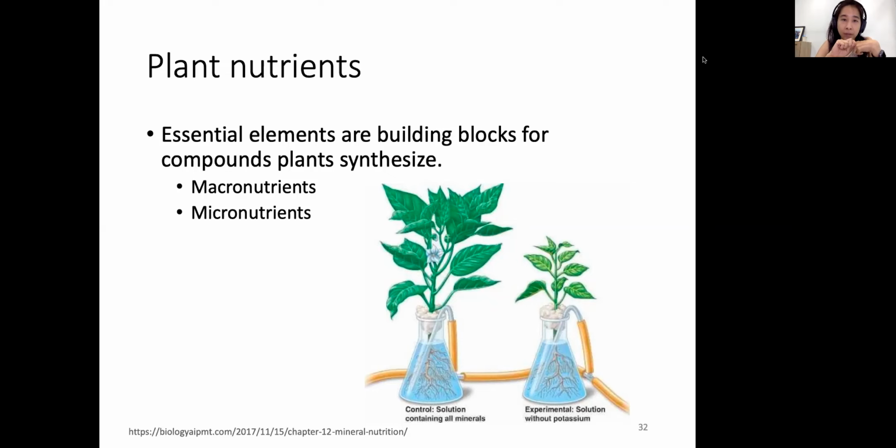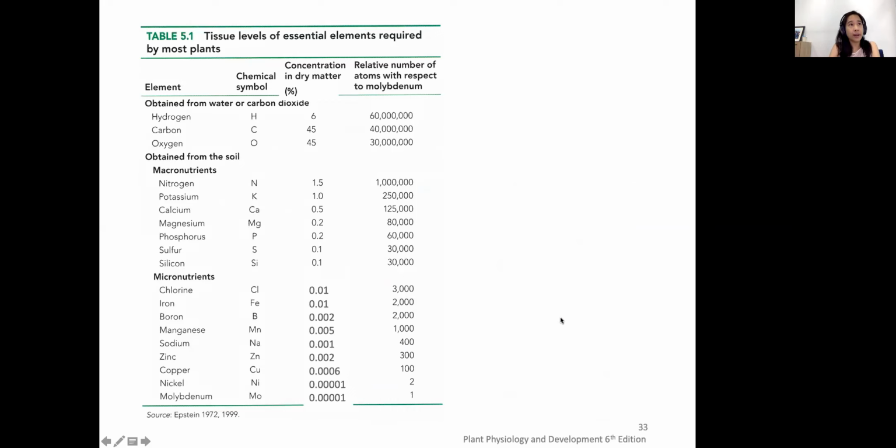not very much. This picture shows you the plants that are growing in solution containing all minerals as the control, and in this one the plant is growing without potassium. We can see clearly that the plants look obviously smaller and do not flourish. So what I meant by macro and micronutrients, before I go to the detail, I just want to point out just